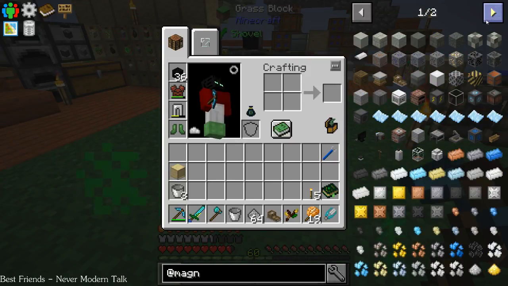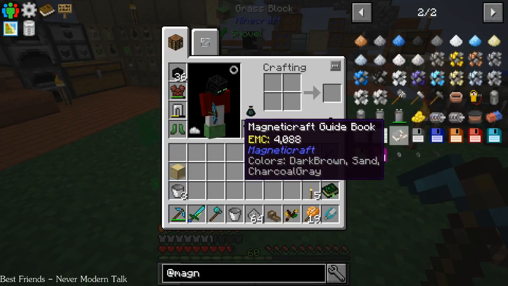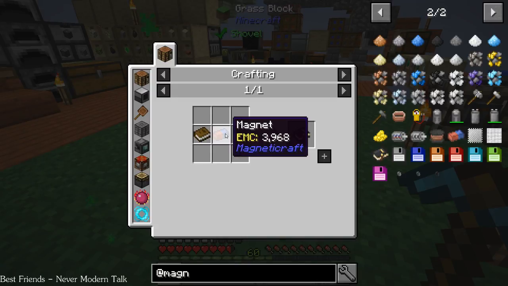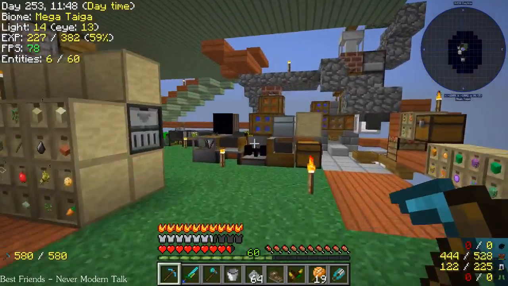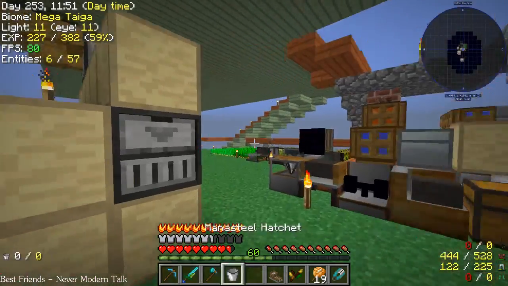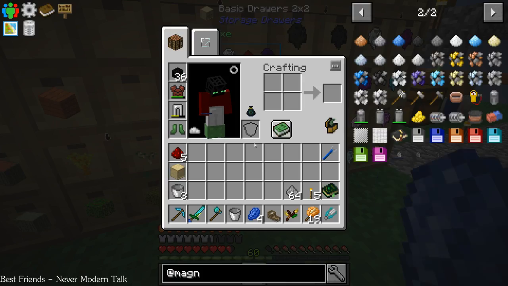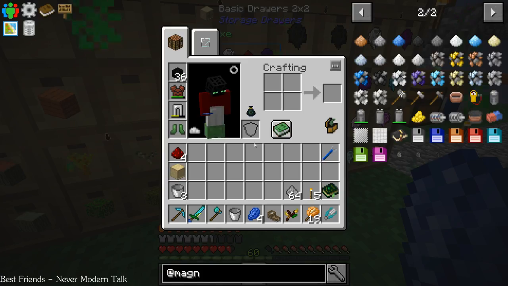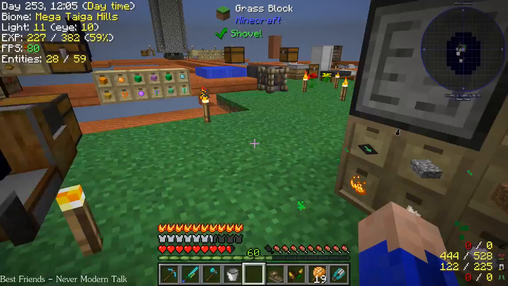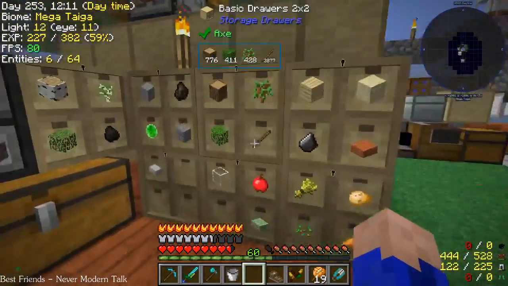See if there's a book for magnet craft. Maybe I can find some material on it here. So one of their magnets. Whew, that's quite a bit of lapis there. Okay, there we go. We got 4 and 4. Now we need a book. Okay, so